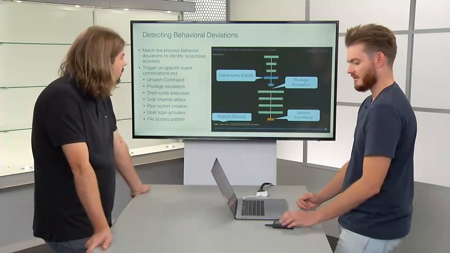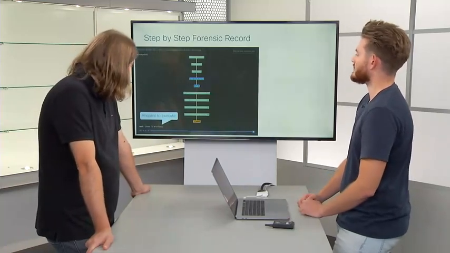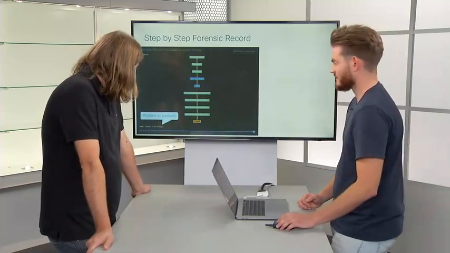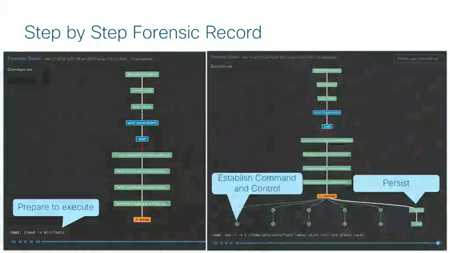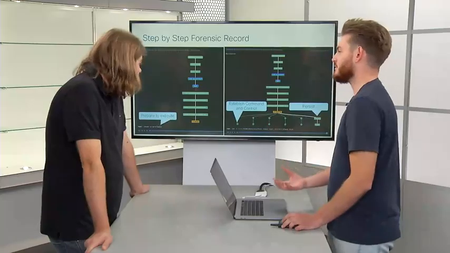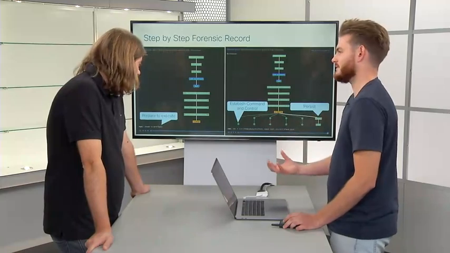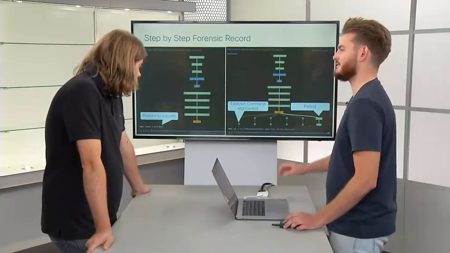Very cool. And we have another example here where we're showing a step-by-step of that slider. So we can see that they prepare to execute, and then they get command and control of that workload, and then they're persisting themselves onto that device. So we can not only see that we were breached, but we can see that this device itself needs to be completely destroyed because they actually managed to persist their exploit.